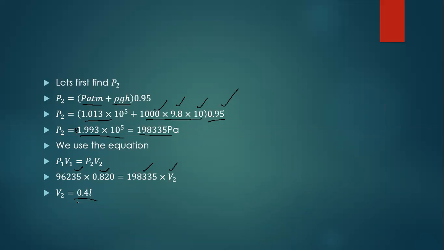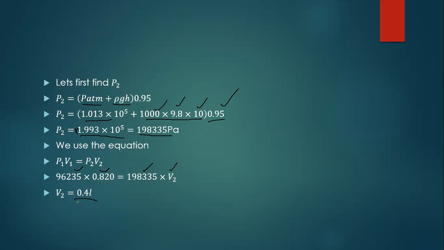So are we okay thus far with the solving? Yes, sir. Awesome. I've got a question. Okay. There, where it's written atmospheric pressure plus rho g h multiplied by 0.95, why are we multiplying the things in the brackets by